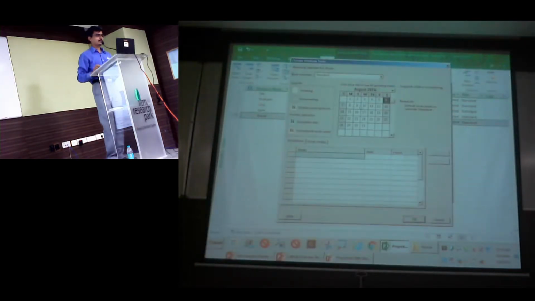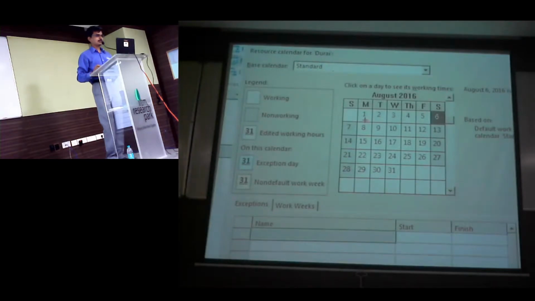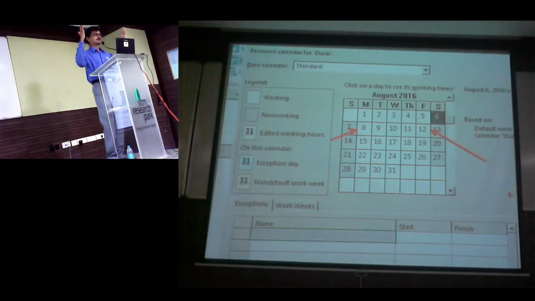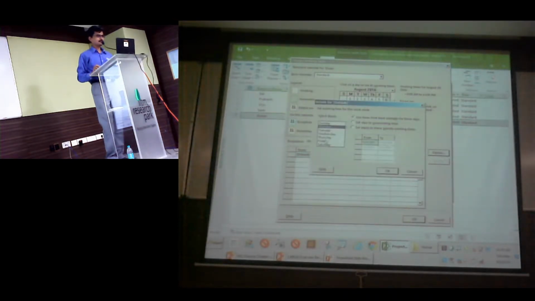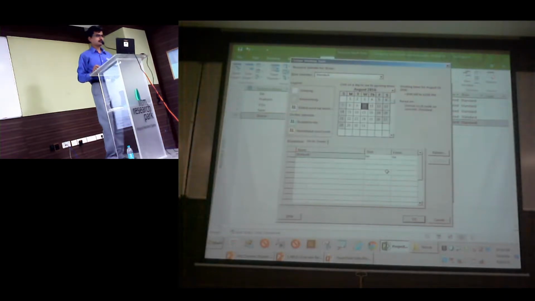I'm going to say his working time is only from Monday to Friday. You can see by default it is 5 days a week. And the timing is also, if you notice, from 8 to 12, 1 to 5. Don't worry about 1 to 5 not getting displayed. It is more of a Project problem. So I'm going to just change this. I will just say that on Fridays it's going to be a non-working day for them.